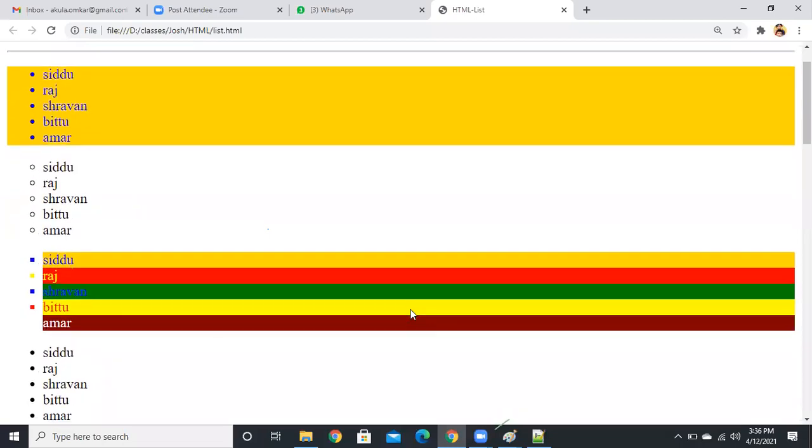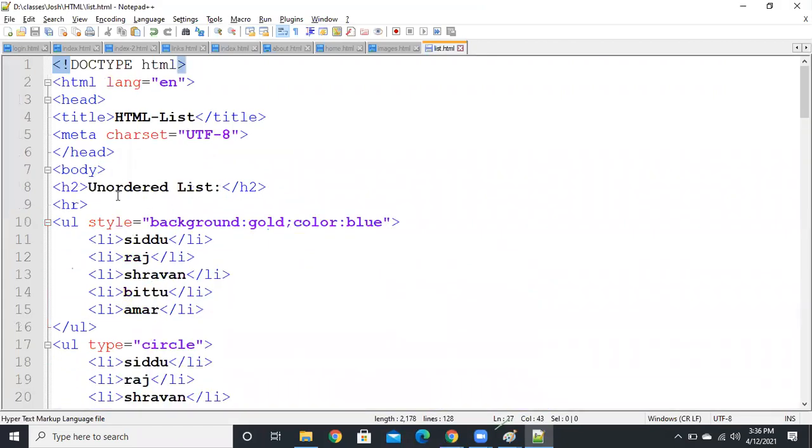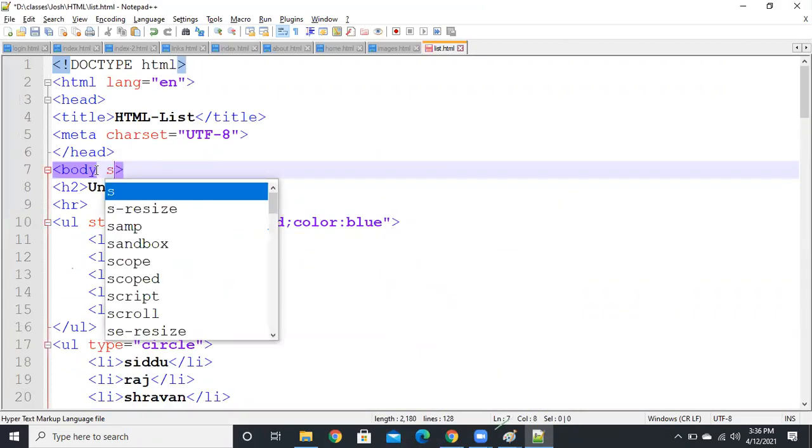So we just apply it at the list level, and you can make it very attractive. You can apply it to the whole body also. Right.